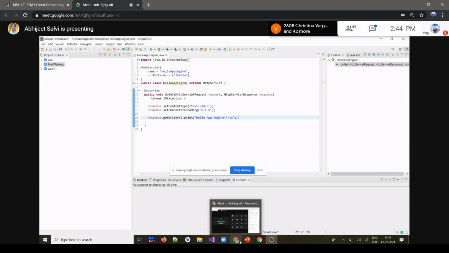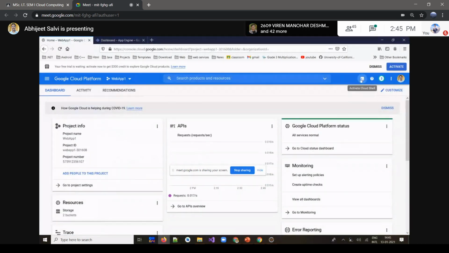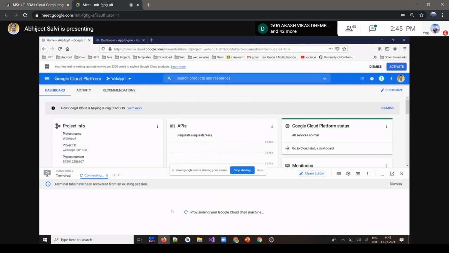Then again we have to go back to our active cloud console, and through commands you can specify your workplace over there, since we need some storage.